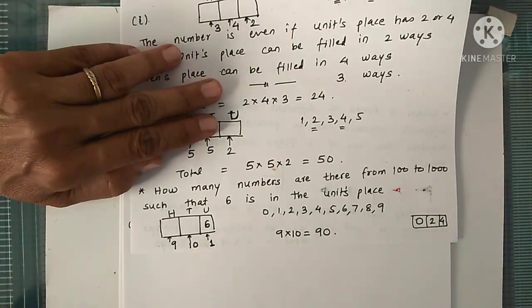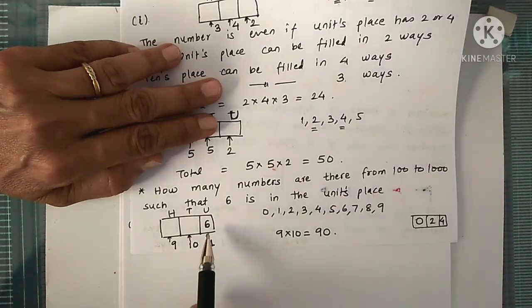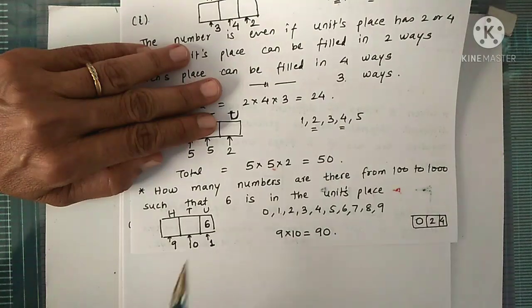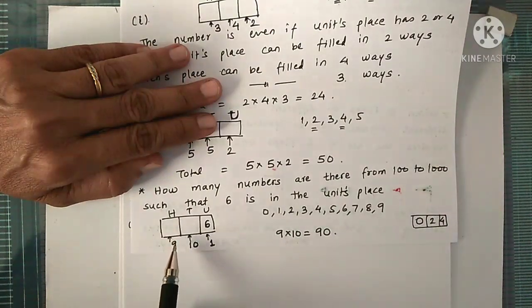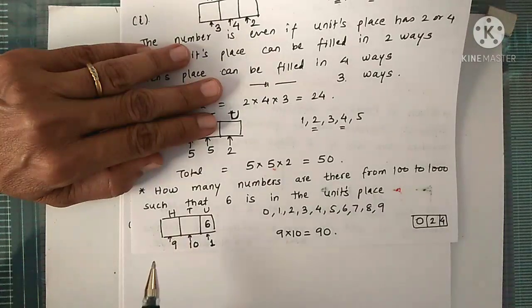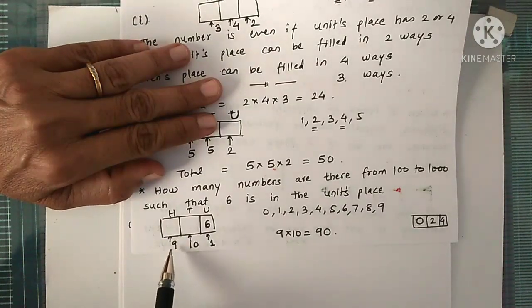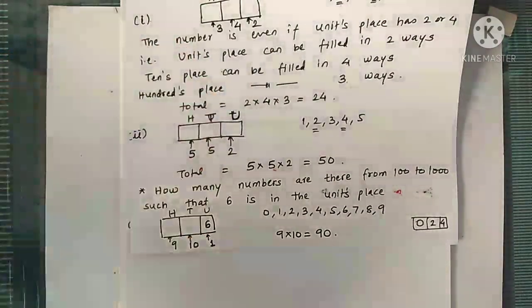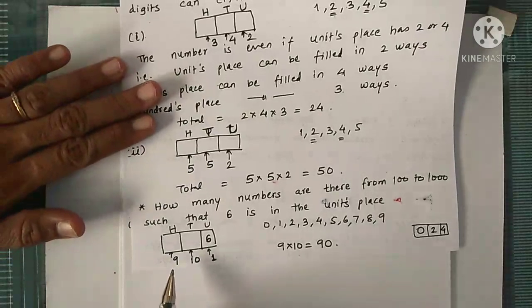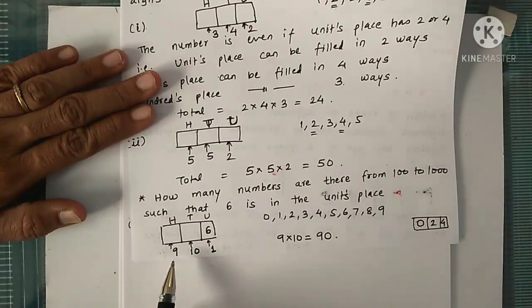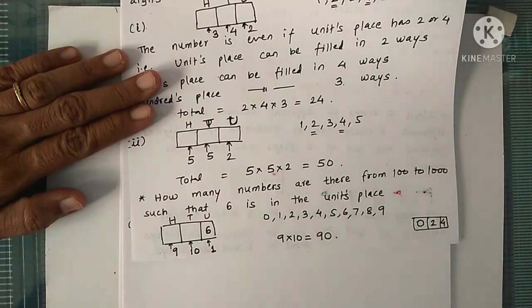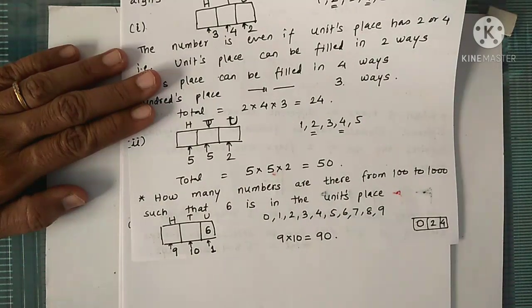Okay, so whatever condition is given, first we have to fulfill that condition. So here we want 6 to be in the units place, so we have put that 6 in the units place, and we have considered hundreds place and tens place, and then found out the number of ways of placing the digits in hundreds and tens place. So for the first one we cannot use 0, so we have only 9 non-zero digits, and for the tens place we have any of the digits available, so that number is 10. So the total is 9 into 10, 90.